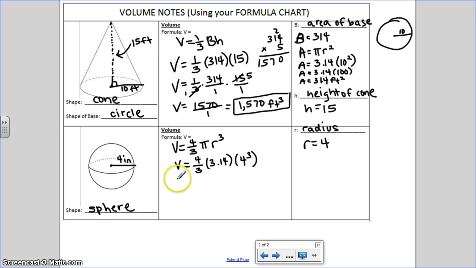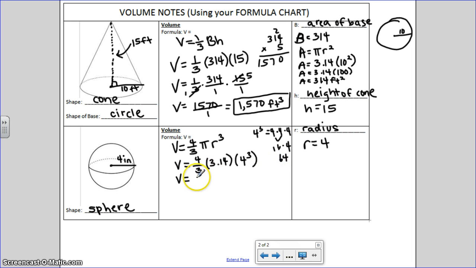Okay, well, order of operations tells us that we actually need to do these exponents first. And I know that 4 to the 3rd power is 4 times 4 times 4. So 4 times 4 is 16, and 16 times another 4, well, that's